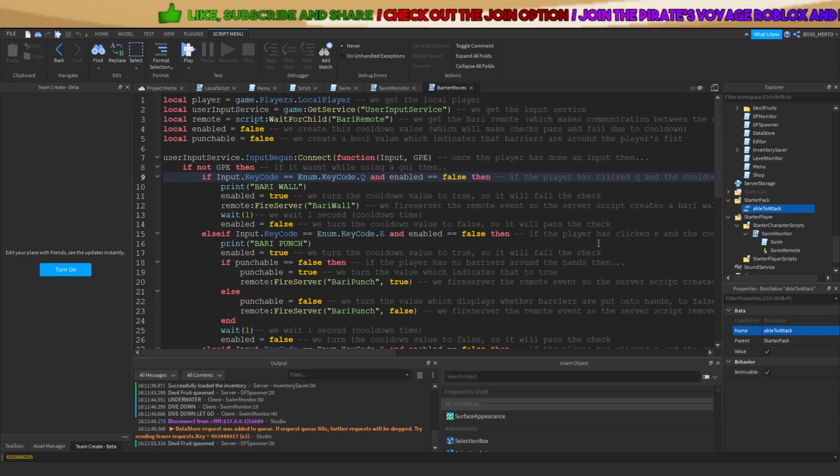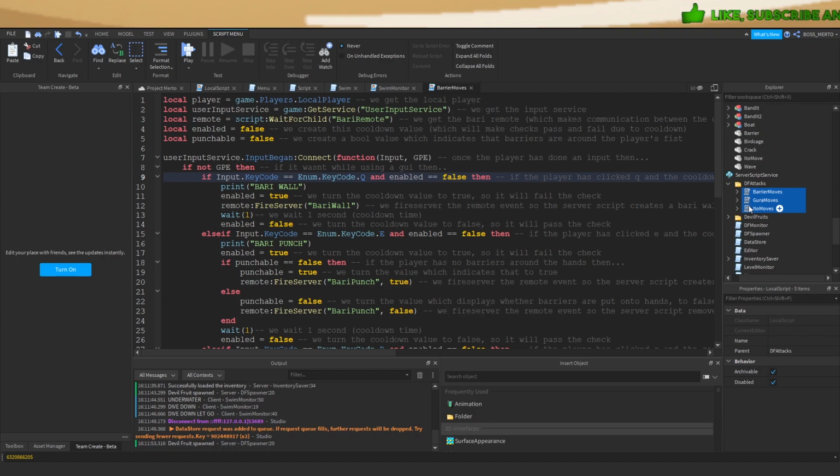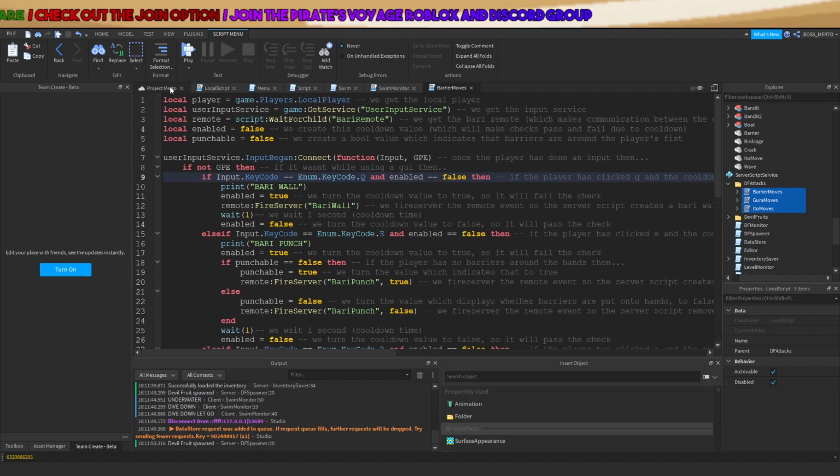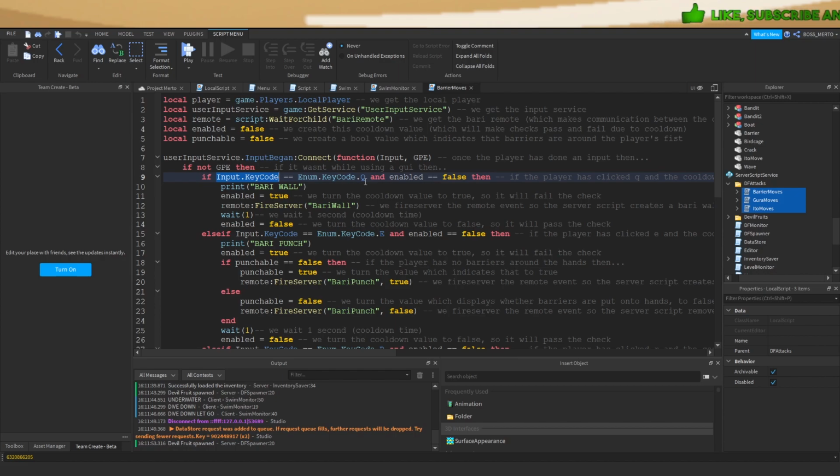In order to do this, we need to open these local scripts, because the local scripts in the end are those scripts which detect the input. So they notice when a certain key has been pressed in order to create an attack. And in lines like these, where we are directly comparing the key which has been pressed and our desired key,